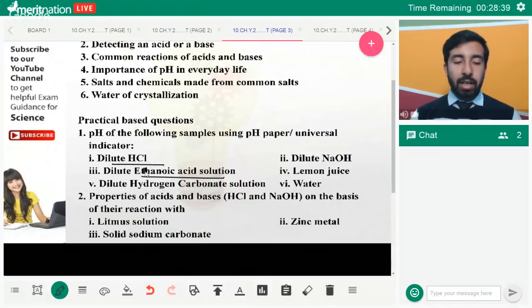So your first practical includes pH of the following samples using pH paper or universal indicator, which includes your dilute HCl, dilute ethanoic acid, or we call it acetic acid, dilute NaOH, lemon juice, water, and dilute hydrogen carbonate solution. So you can be asked about the pH of these solutions. Next is the properties of acids and bases, that is your HCl and NaOH, on the basis of their reaction with